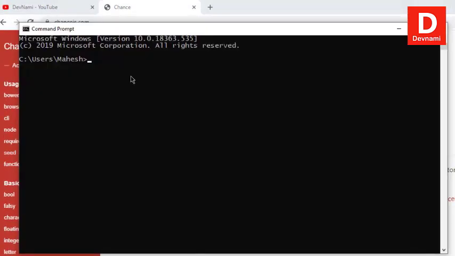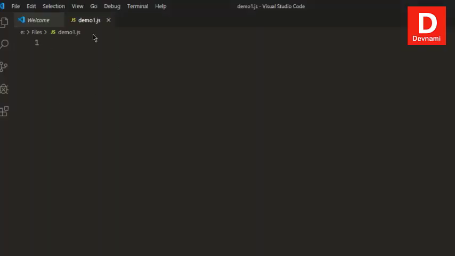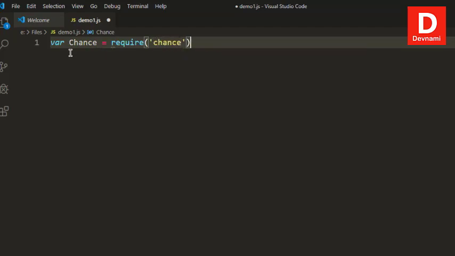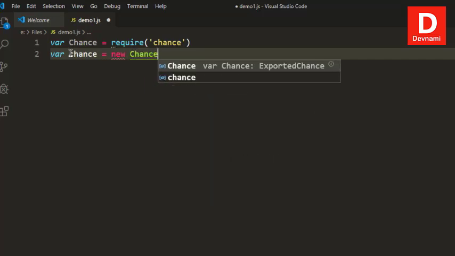First thing, open command prompt and simply type in npm install chance. If you have yarn, you can use yarn add chance. Okay, once installed, you can go to your project. I have created one project, basically a demo.js file, and I'm going to use chance with it. So first thing to do is declare chance